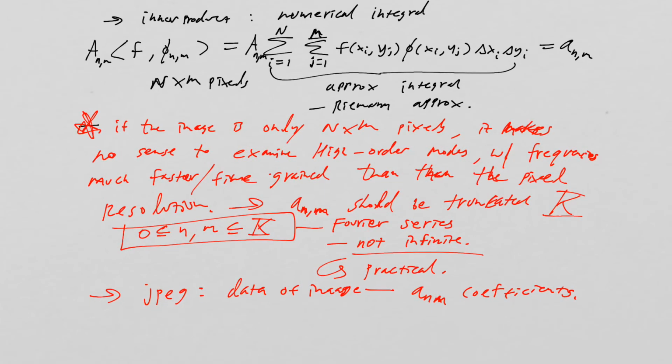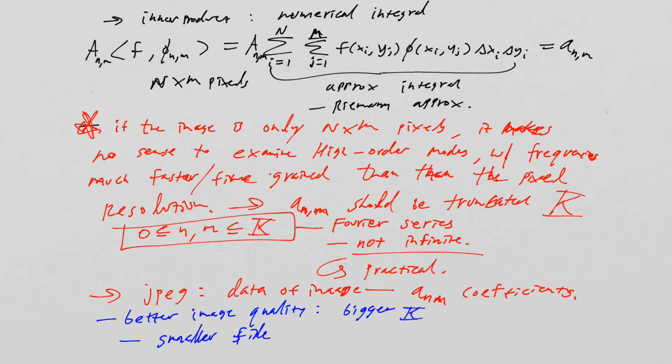And what we can say here is that if you want better image quality, go with a bigger K value. If you want a smaller file, so you want compression, go with a smaller K. Okay, so with that piece of the puzzle put in place, now I want to talk about